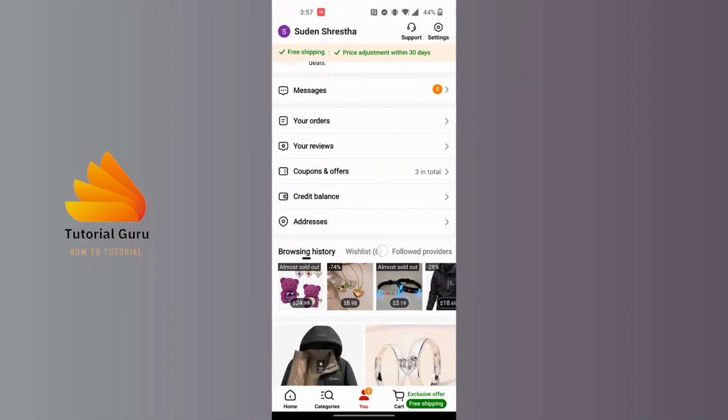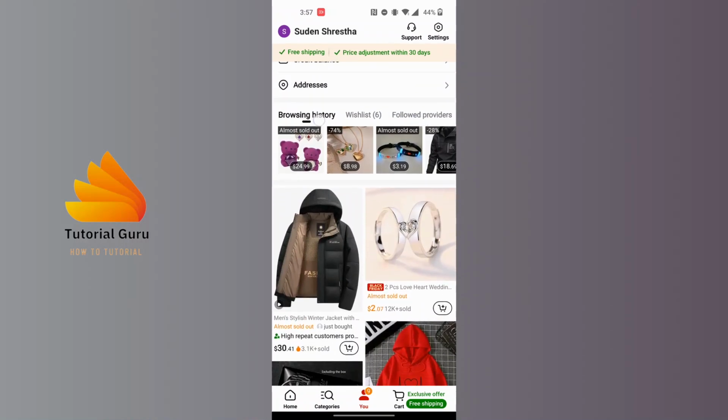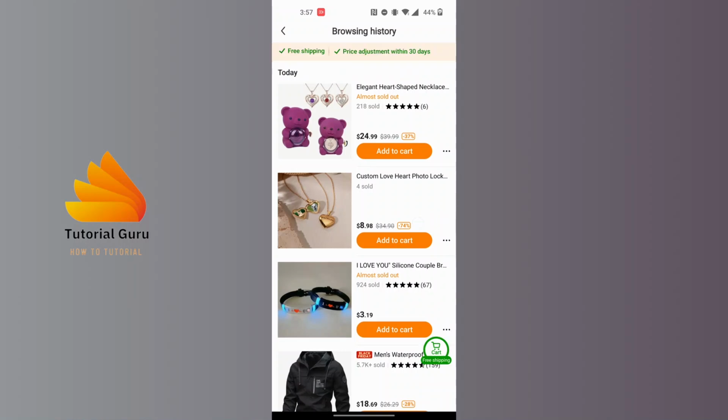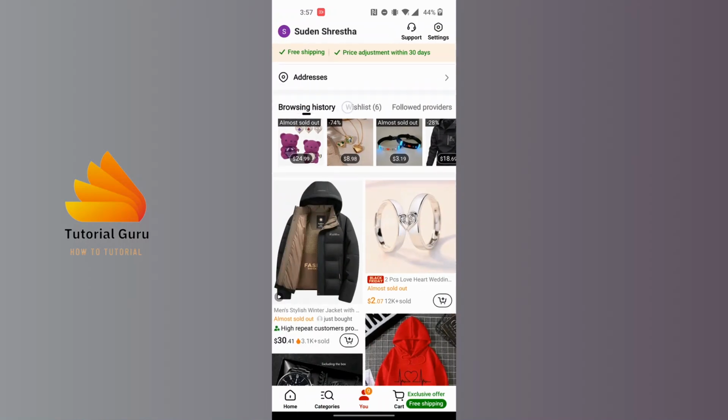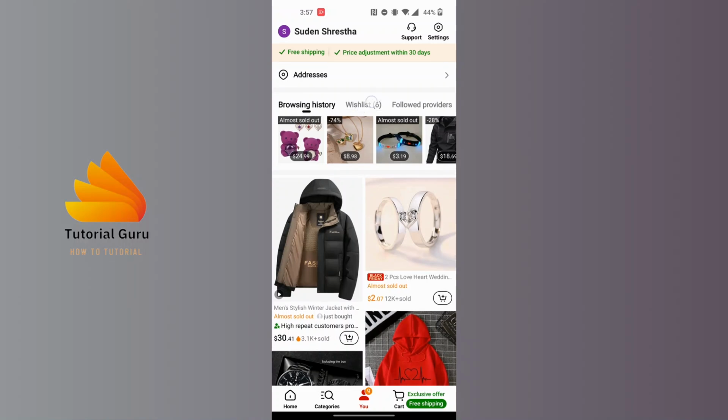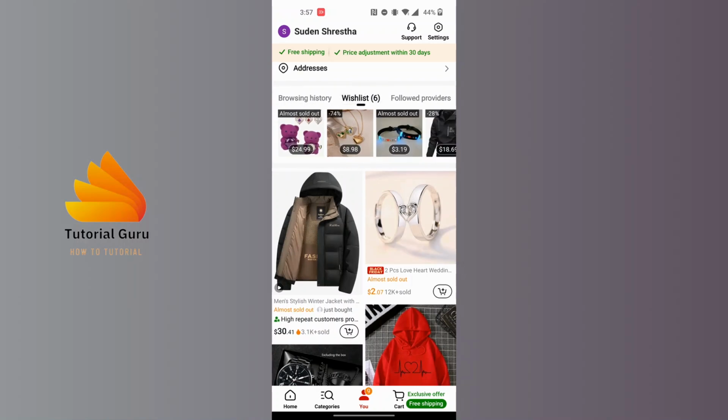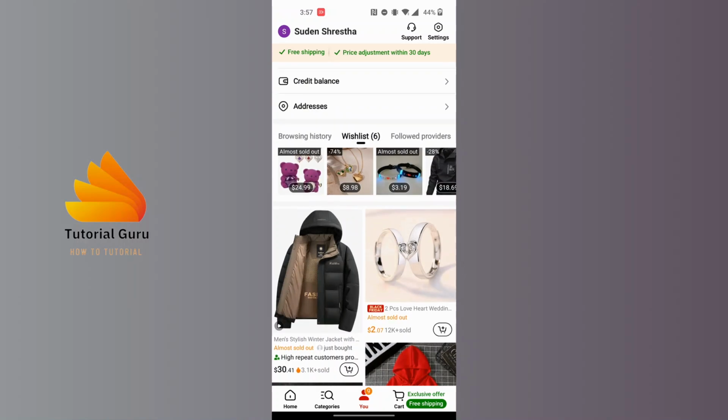But when we swipe it a little bit up, you can see currently we are on the browsing history. And let's go back, and just beside the browsing history over here where I'm tapping, at the right side there is the wish list available for us. Tap on wish list, and all of the items which you had added to our wish list on Temu will